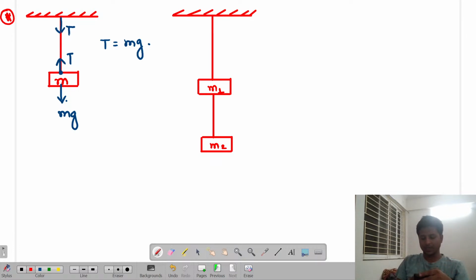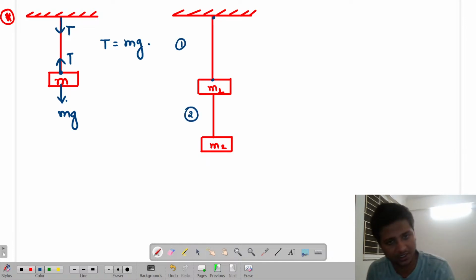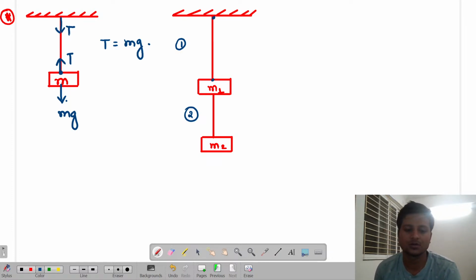Yeah. Okay. Now, how to identify? So first, I'll tell you one technique to identify. Now, as you see the blocks, if you look over here, the number of threads are how many? This is the first thread, and since there is a breaking, there is a second thread also. Correct. So how many threads are there? Two. So how many tensions? Two tensions. So remember, the number of threads is the number of tensions there will be. Okay.